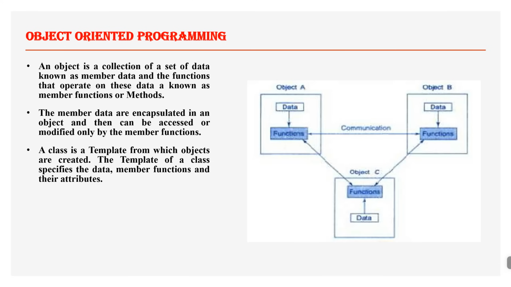Member functions also are declared in a class. So the total concept of object is well explained in a class. A class is a template containing the list of member data and the functions which are associated with that